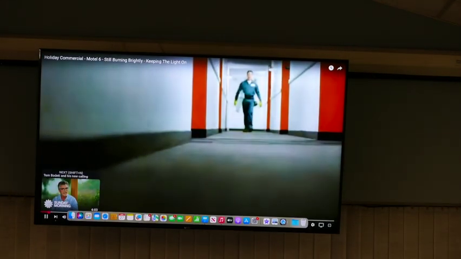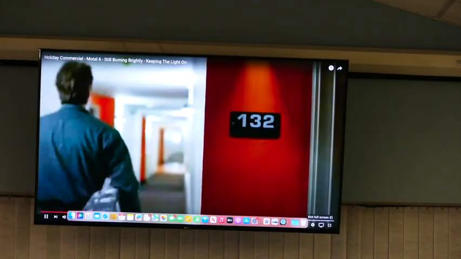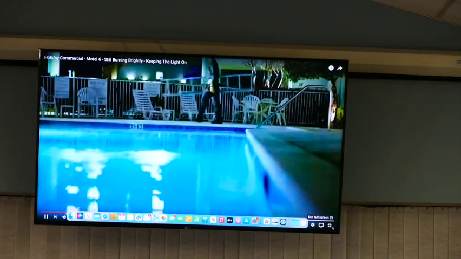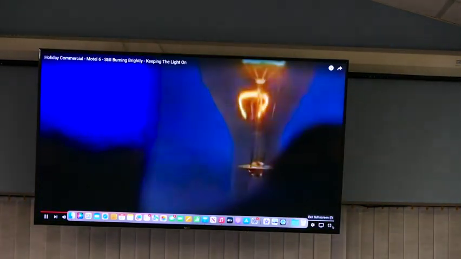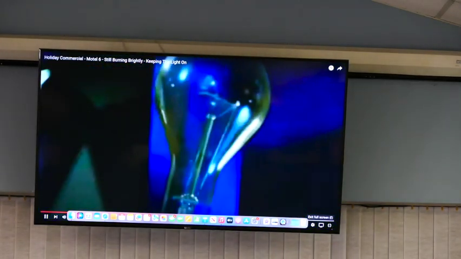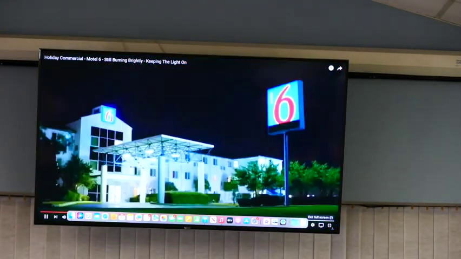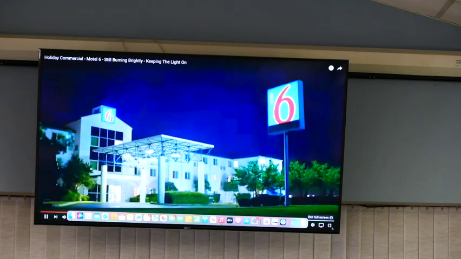And excuse the ads if they come on. We've been leaving the light on for a long time. You might think maybe it would start flickering or get tired of lighting away. Maybe take a day off from welcoming weary travelers with a clean, comfortable room for the lowest price of any national chain. Nope, still burning brightly. I'm Tom Bodette from Motel 6, and we'll leave the light on for you.